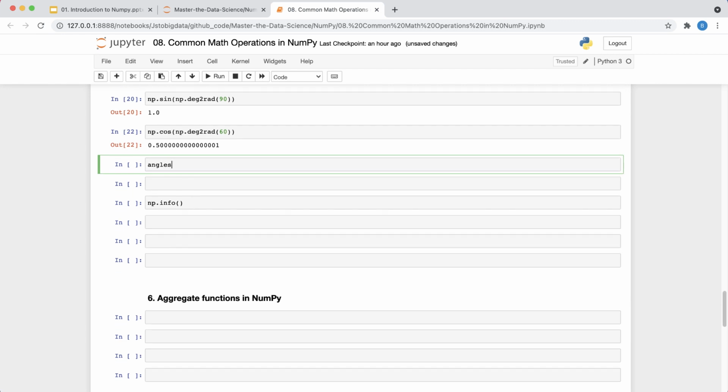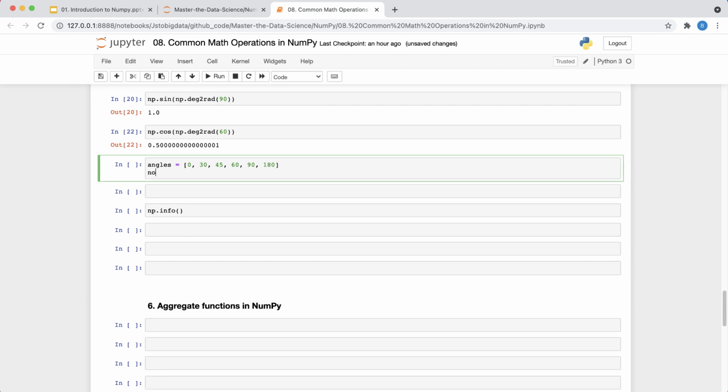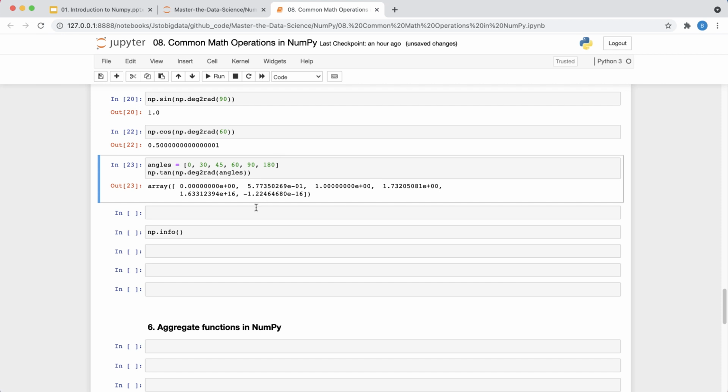Okay, let's say I have another array which is of different angles in degree. So let's say I have 0, 30, then 45, 60, then I have 90, then I have 180. Okay, and I want to calculate the tan theta of all this. So I will obviously do np.deg2rad, and then I pass the angles there, and you get the tan theta value.